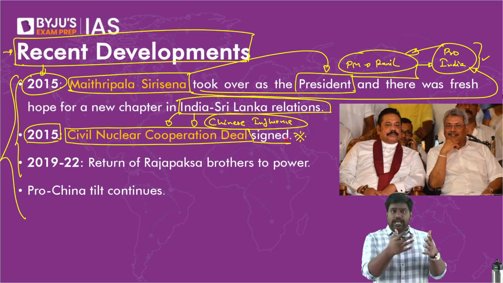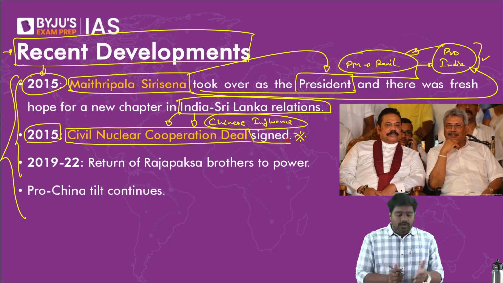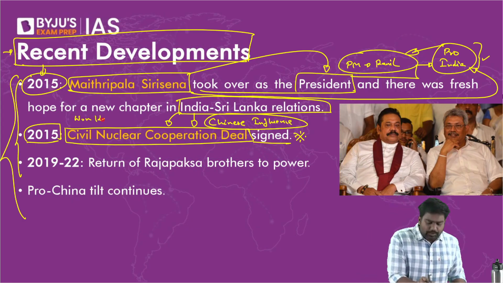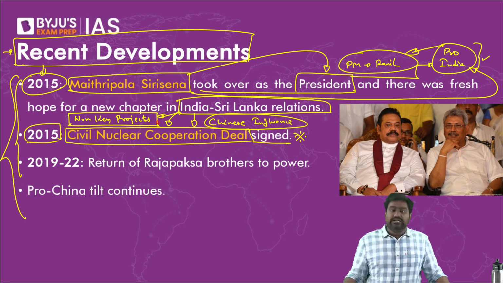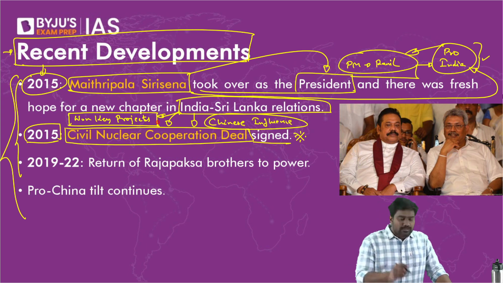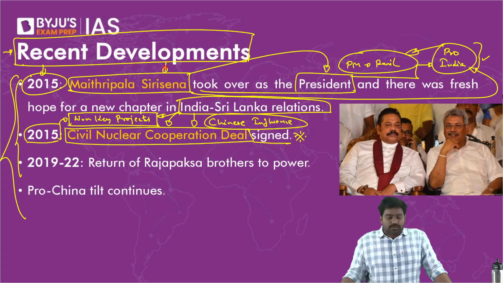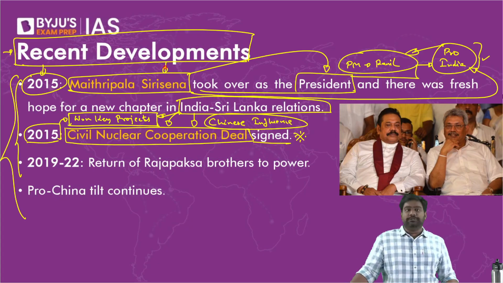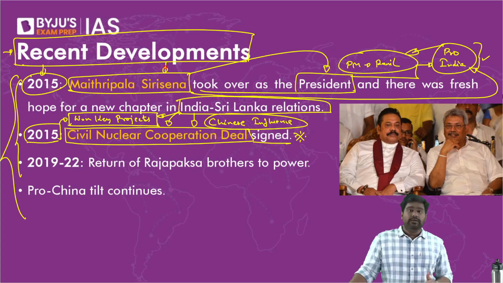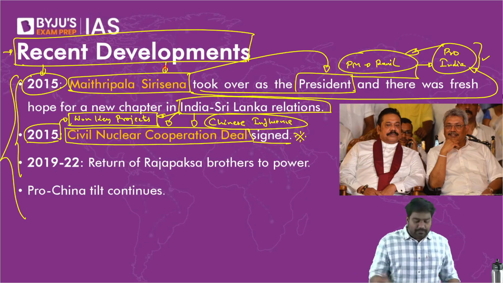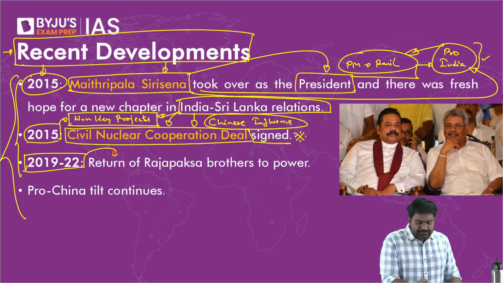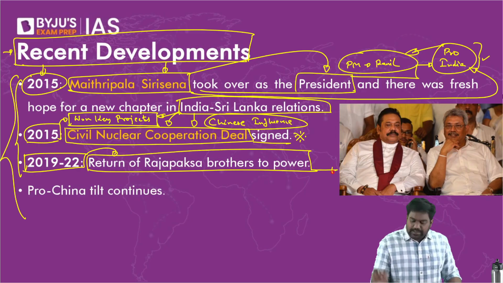India had a plan to help Sri Lanka to set up civilian nuclear plants to generate electricity. Along with that, we won many key projects. Indian companies won several strategic projects during this period. We'll discuss that later. I'll come to the Indian projects later. So we won many key projects during this period under President Maithripala Sirisena. So during these 4 years, we did manage to counter the Chinese influence and step up Indian influence in Sri Lanka. But however, following a constitutional crisis, the Rajapaksa brothers came back to power in 2019.